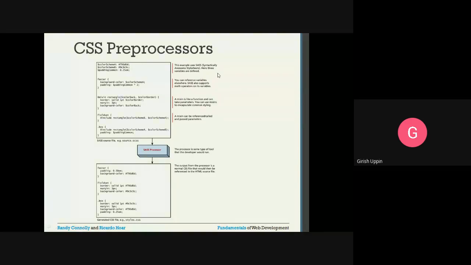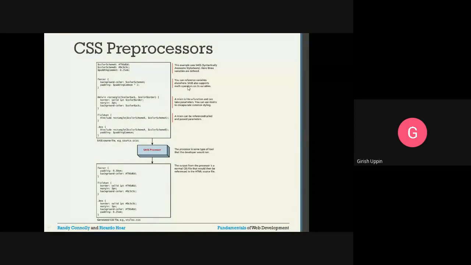Here three variables are defined: color scheme A, color scheme B, and padding common. So these are the variables. You should understand SASS, how to create a SASS file, and how we can use that for styling.